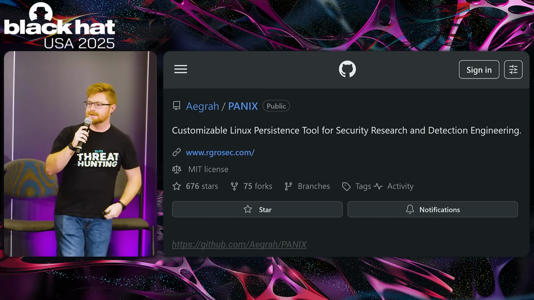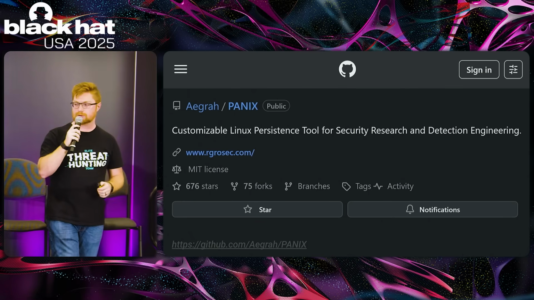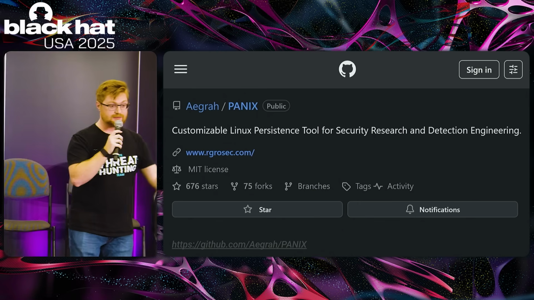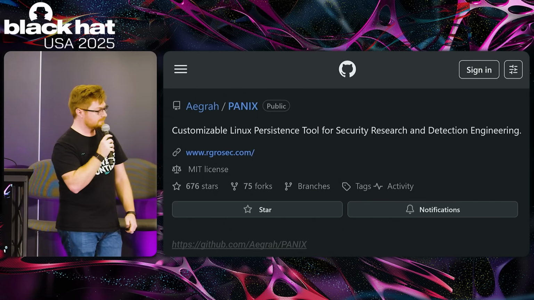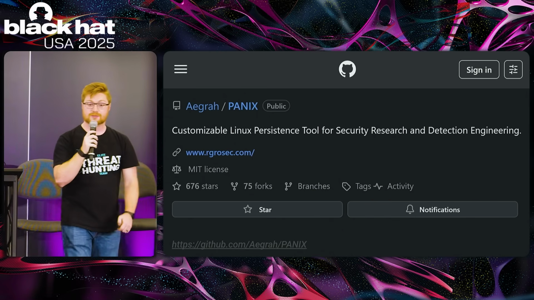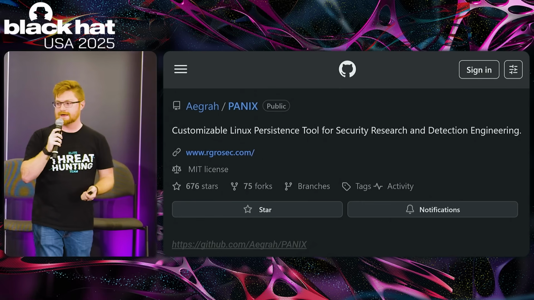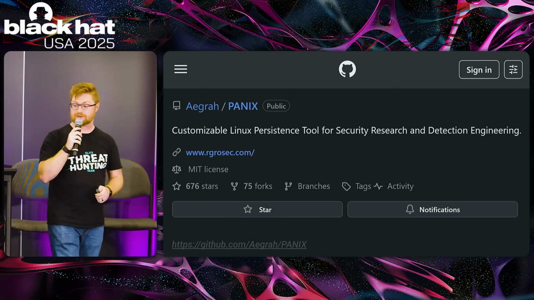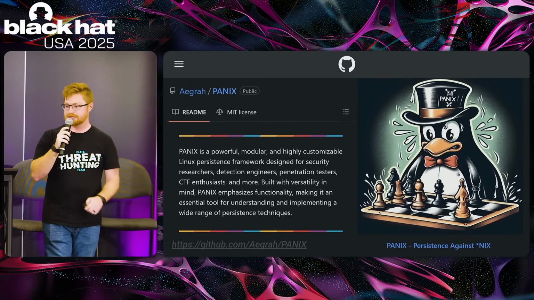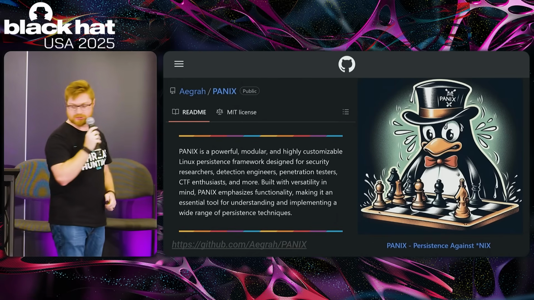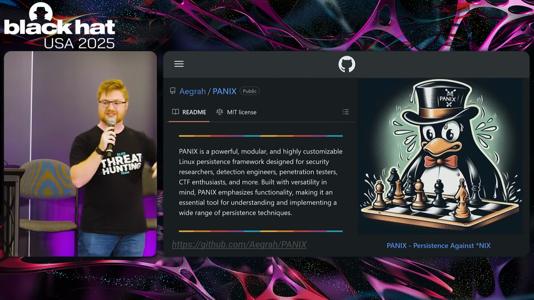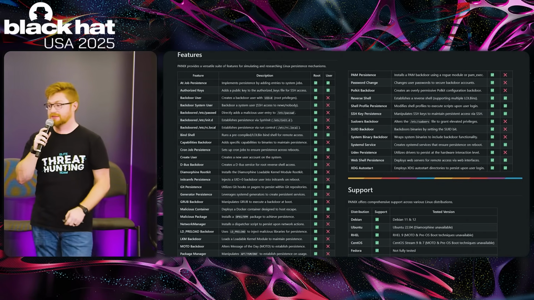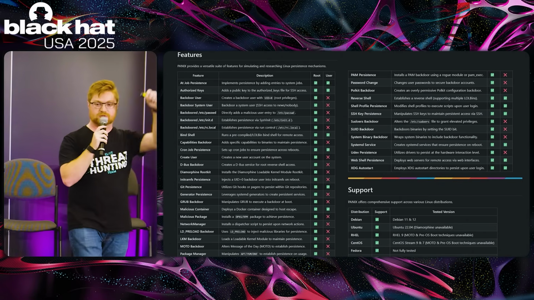On GitHub, it's a customizable Linux persistence tool for research and detection engineering. Let me give credit where credit is due, and I'll let a couple more folks take a quick picture. But it's these persistence mechanisms against Unix systems. And I gotta say, this was put together by a lot of sweet researchers and smart folks over at Elastic. I do want to give them all the blessing, all the kudos, but it's very, very cool because it's just a ton of bash scripts. Super modular, super customizable, but it has almost all of the things that we got to touch on and talk